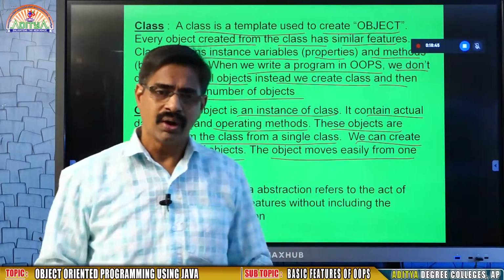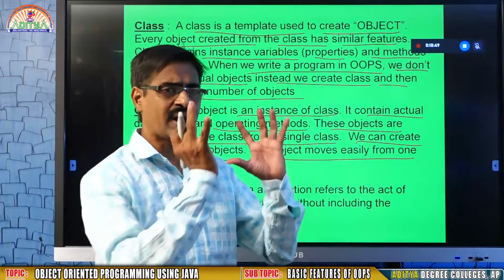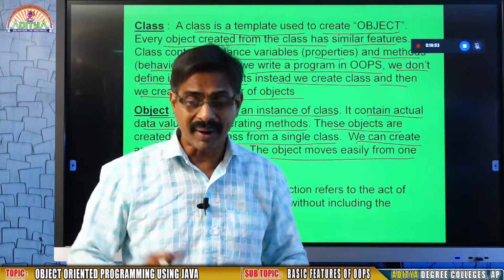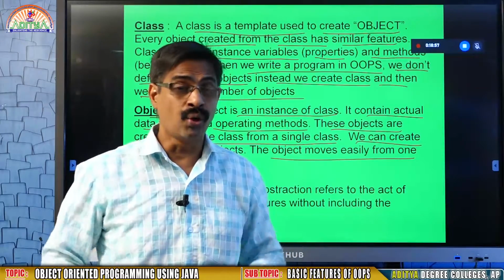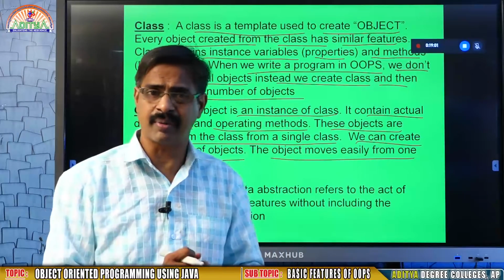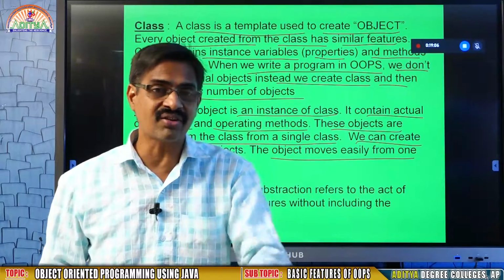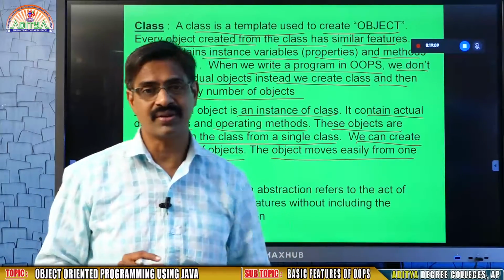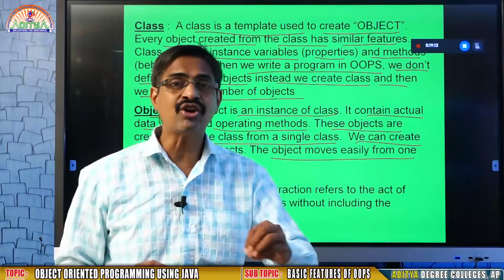Like here also, the main purpose of object programming is, we write a class that contains instance variables and lots of methods. But the person who is operating the class through an object does not need to learn all the methods and all the instance variables. He is going to learn only the essential things, because those are sufficient to operate the object. That is called abstraction. Abstraction is nothing but providing essential things by hiding complex details.